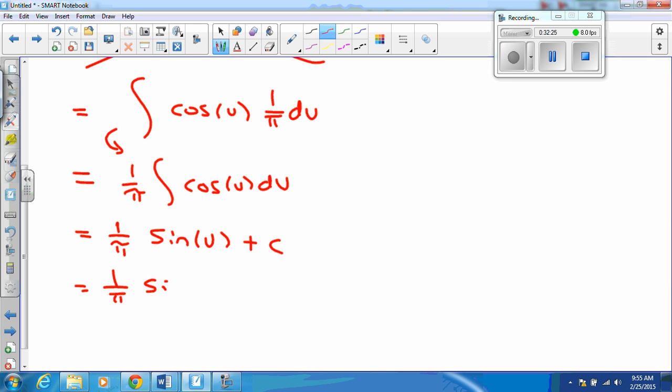And finally, to clean it up, I get this. How many of you got this? How many of you checked it by taking a derivative? How many of you should have checked it by taking a derivative? Checking by taking a derivative is not an optional decorator. It's something that you do in order to be a professional mathematician, so that you know that you're right.